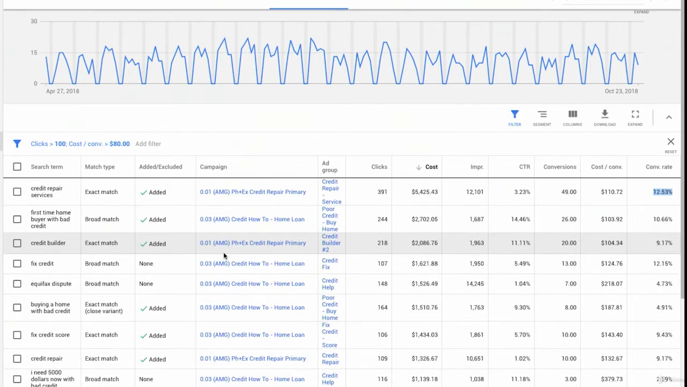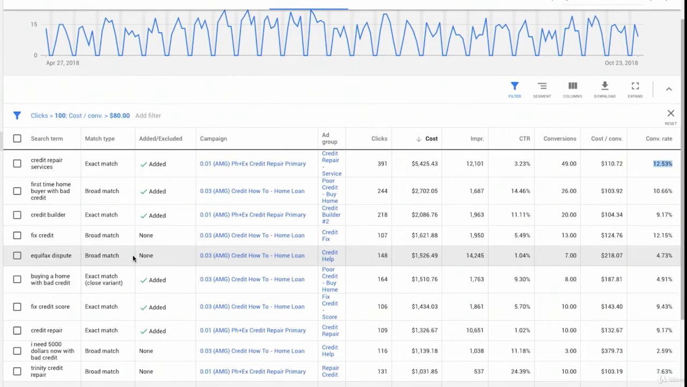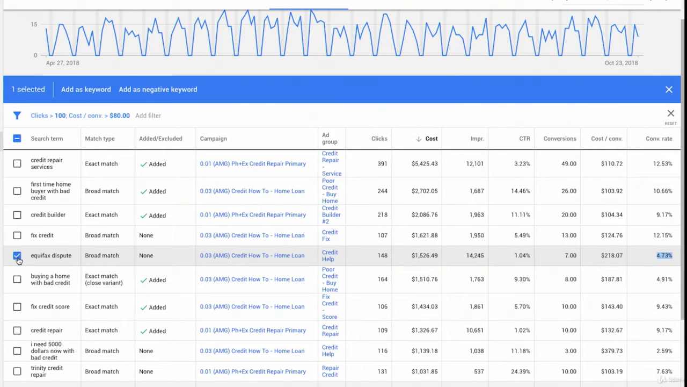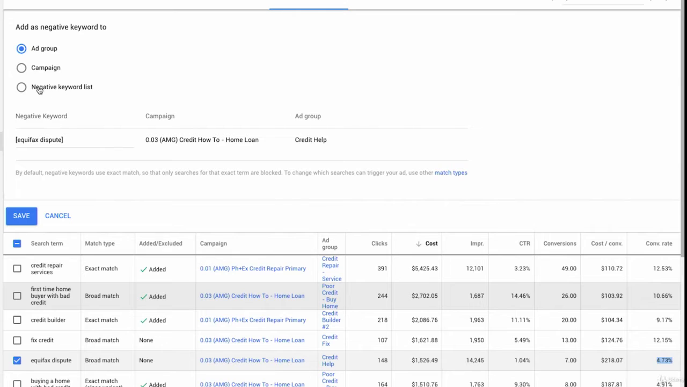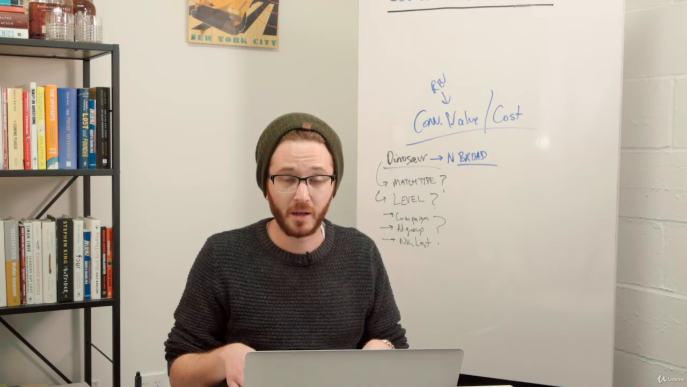I'm going to continue to come down and take a look at, okay, so here's Equifax Dispute. Equifax is one of the credit bureaus. Equifax Dispute, I have 148 clicks. I spent $1,600. 7 conversions, not a lot, at a $218 cost per conversion, 4.73% conversion rate. Really poor keyword. I'm going to highlight this search term and add it as a negative keyword at the campaign level, Equifax Dispute, and I'm going to leave it as negative exact match with the brackets, which means that when anybody searches for Equifax Dispute exactly, my ads